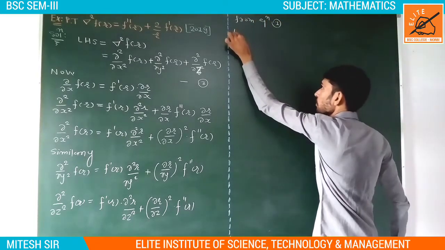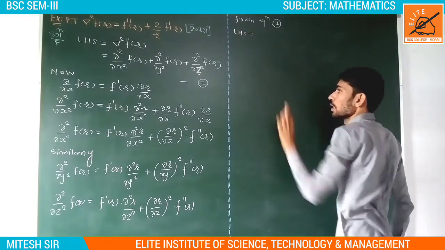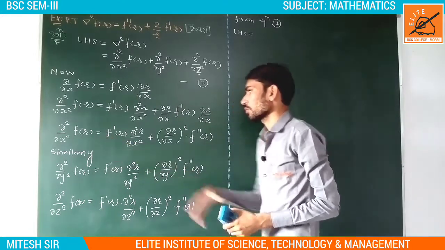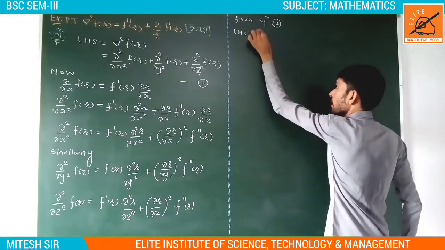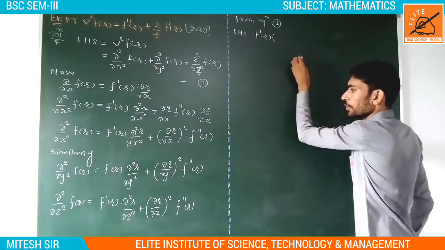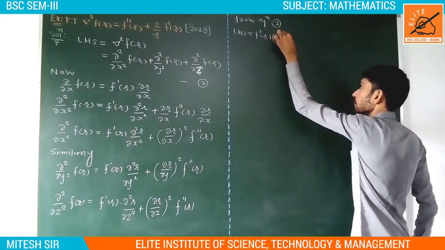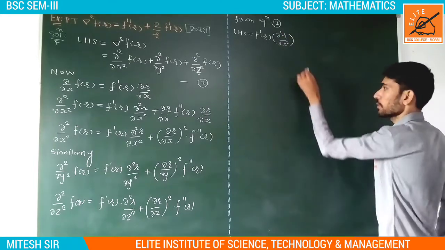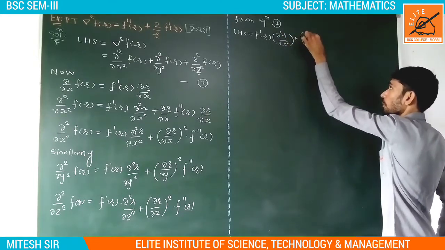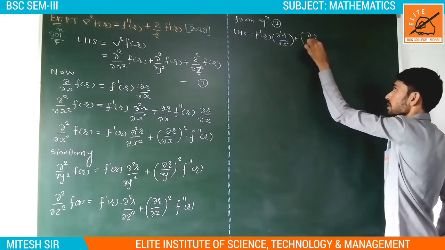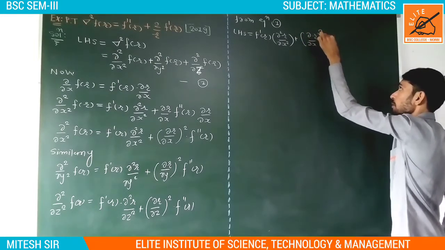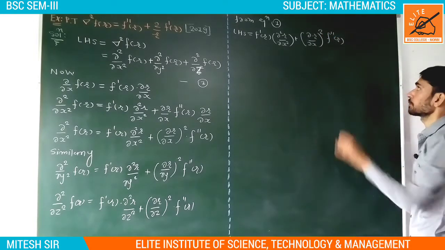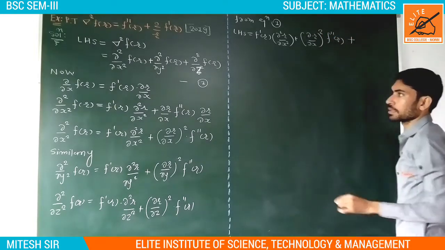So LHS is equal to, our first value is del square upon del x square f of r is this. So write down this f dash r into del square r upon del x square plus del r upon del x whole square into f double dash r plus second value is